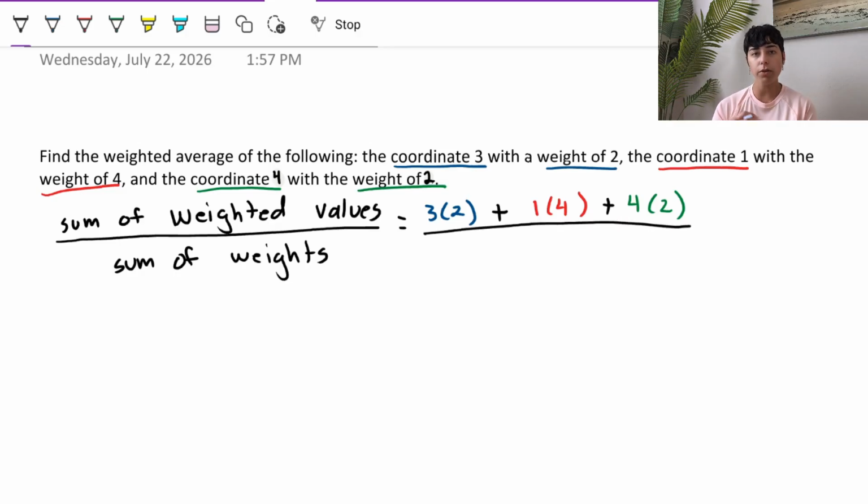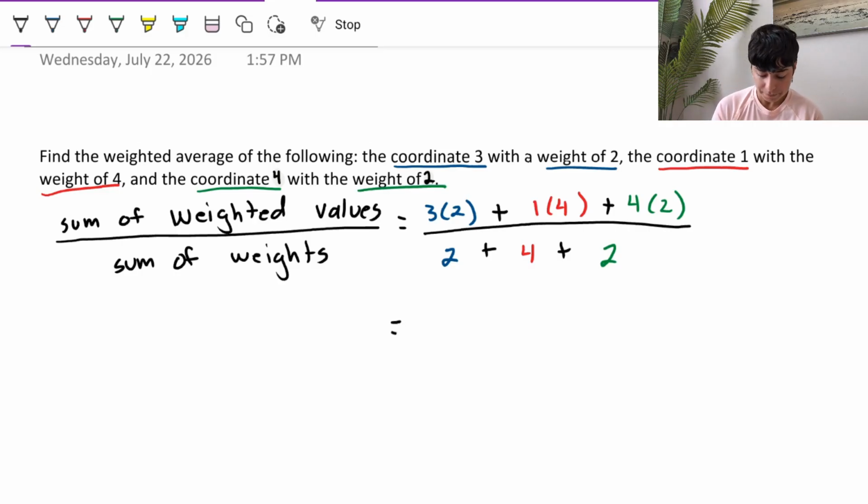On the bottom, we're doing the same thing, but just with the weights. So we're going to take our weights: 2, 4, and 2. And again, it's a sum, so we're going to add them together. And now from here, we're just simplifying. With a fraction, you typically simplify numerator and denominator separately, and then at the end divide or simplify depending